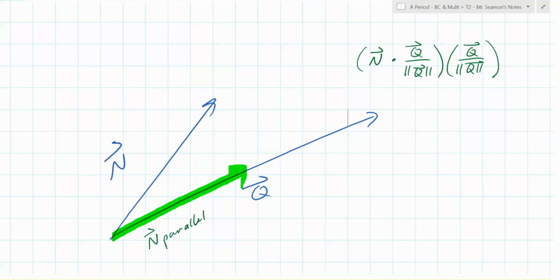So it just depends on whether you're looking for a vector or a scalar. Correct. If I asked you what is N parallel, what's the component of N in the Q direction, that's a vector, because you have to have the magnitude and direction. You see N parallel right there? Sometimes that's called the projection of N onto Q. It's called proj is what you'll see. It's a projection because if a light source was above N shining down, what would the shadow be? The shadow would be the green part. You see what I mean right there? They call it the